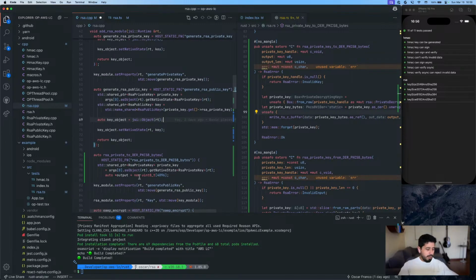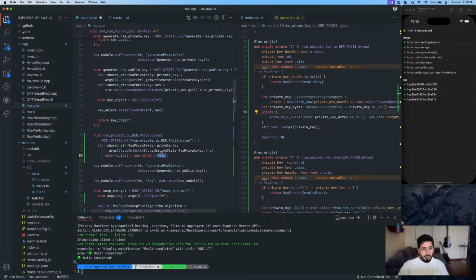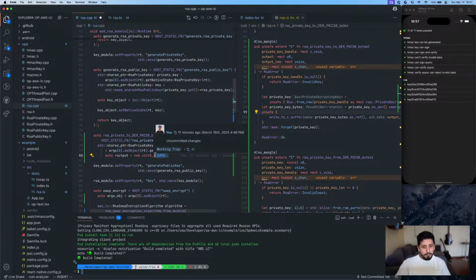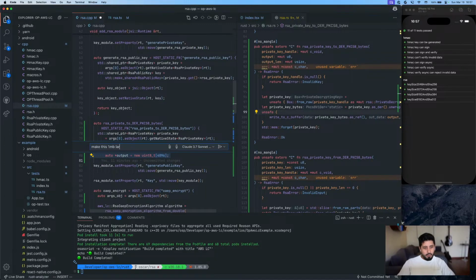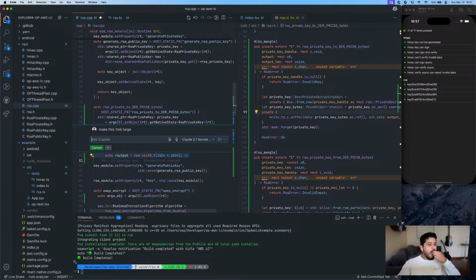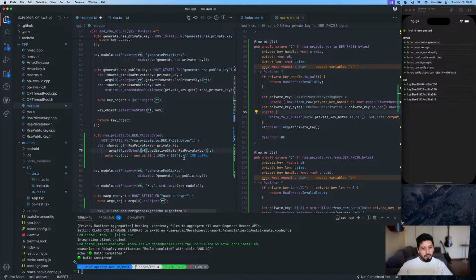And if you have a key that's bigger than a megabyte, then, well, that is way too big. Reserve a 1 megabyte buffer